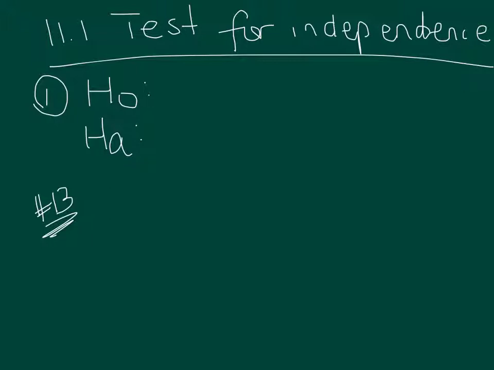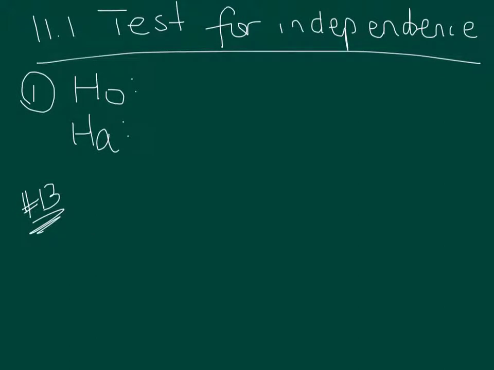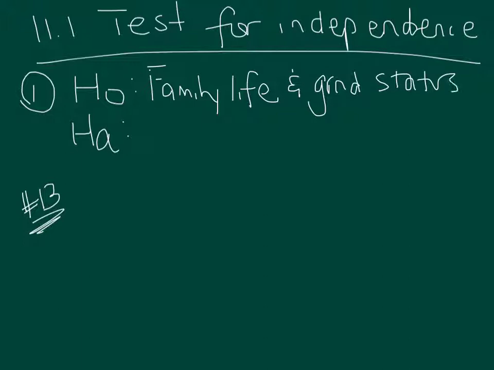So, our null hypothesis is that family life and grad rates, or grad status, let's say, are independent. That is always our null hypothesis in these independent tests. So we're always going to assume they are independent. That's the better assumption, to assume that two variables are independent unless we find some data that says maybe